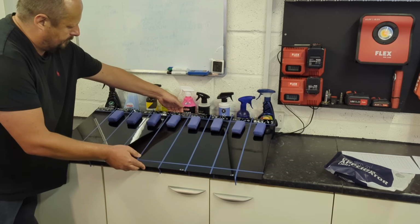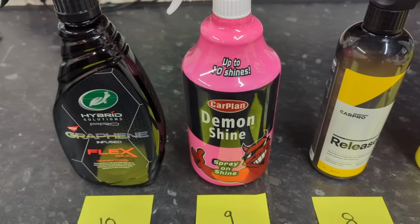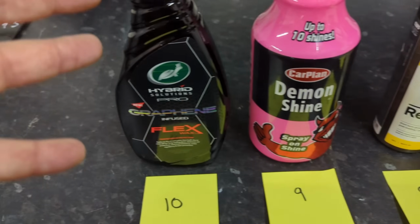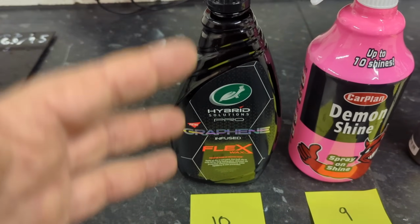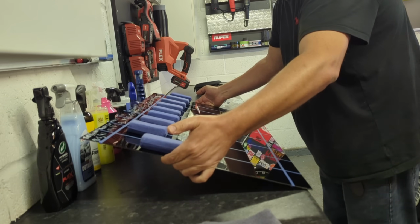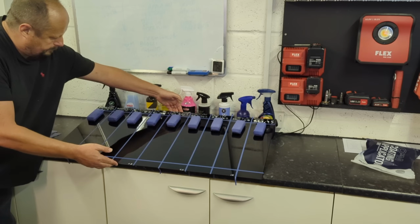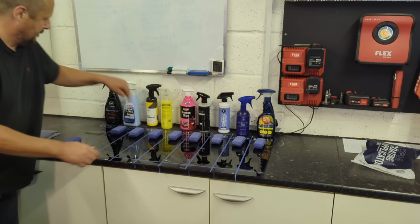Surprisingly well, Demon Shine, because it doesn't make any product claims around slickness, but this product, once it sets, I notice, does have a nice slick feel to it, and it did well in this particular test. And the graphene infused, I've seen a pattern with products with graphene in it seem to do well in these type of tilt tests. So the slickest product after it's cured is definitely the Turtle Wax Hybrid Solutions Graphene Infused